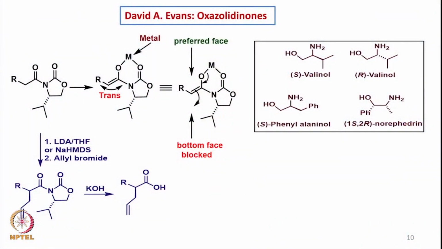So now we will look at what are the other auxiliaries that are required to get highly enantioselective reactions. So far we were talking about the racemic products, where there is a possibility of getting different types of products in terms of their syn or anti-aldol. But now we will also look at how the enantioselective reactions can be done with which kind of chiral enolates. As I have repeatedly been telling, David Evans introduced these oxazolidinones, which we have earlier